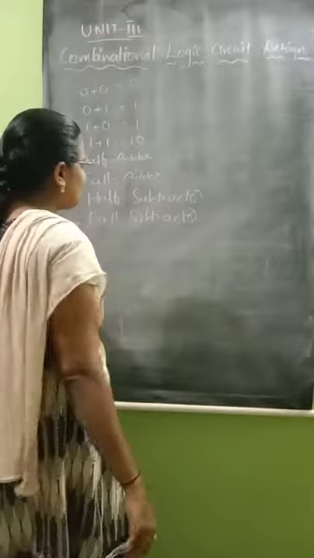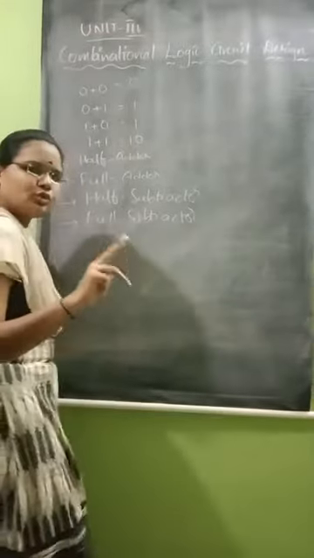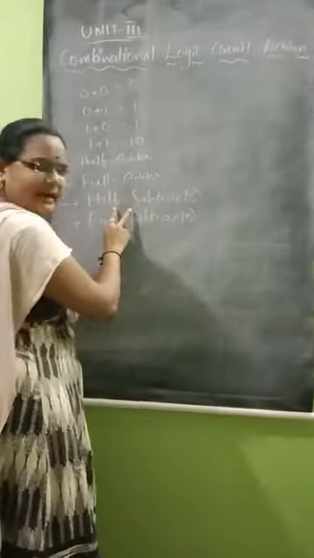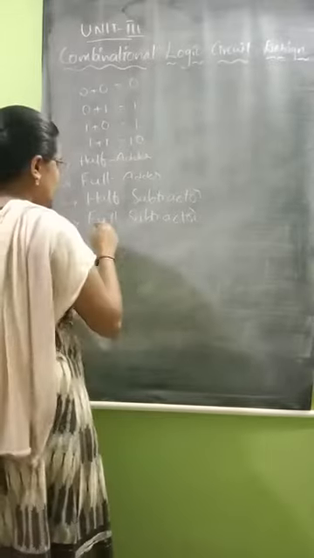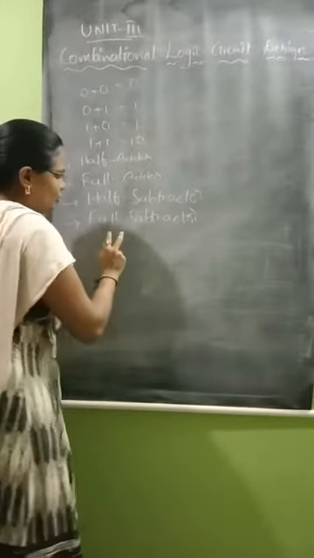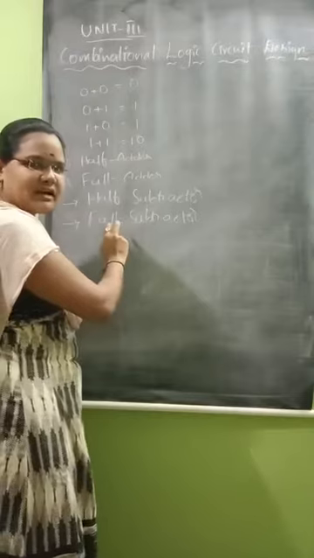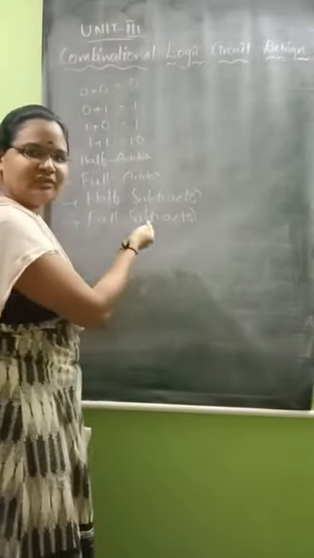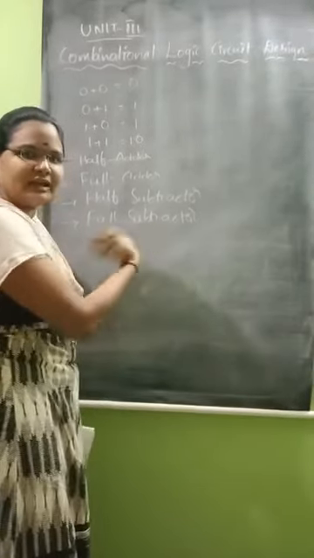A half subtractor subtracts two binary bits and the output is borrow. A full subtractor also operates on two or more binary bits in the combinational circuit, and we also get borrow as the output. So first of all I want to discuss the half adder.